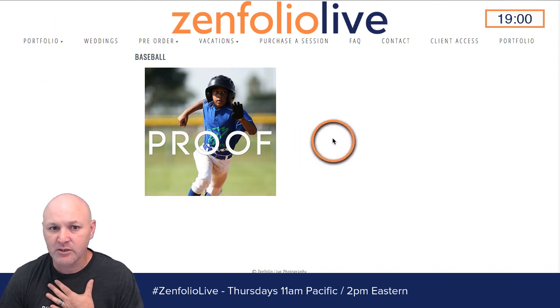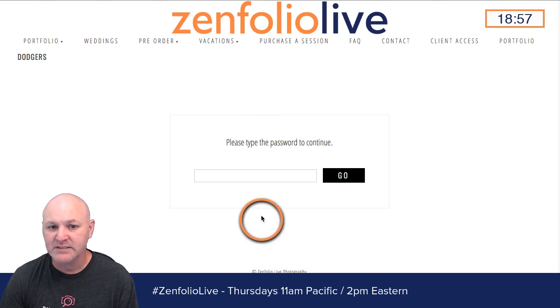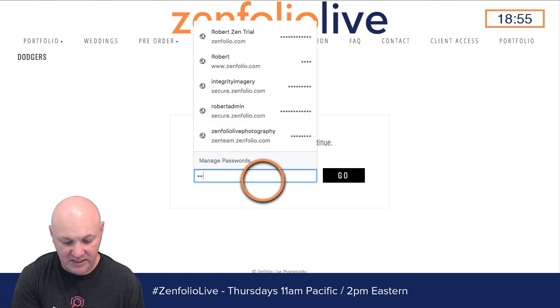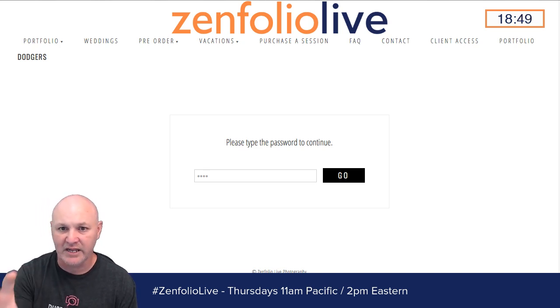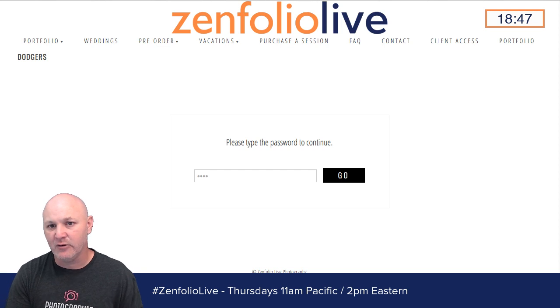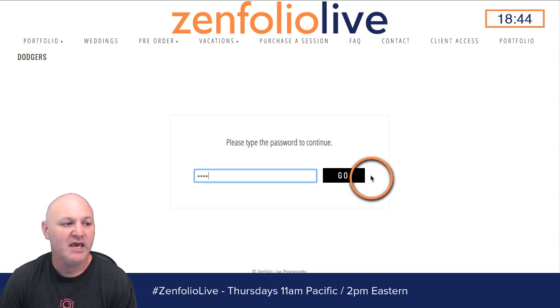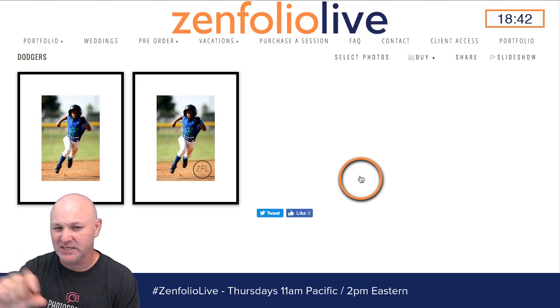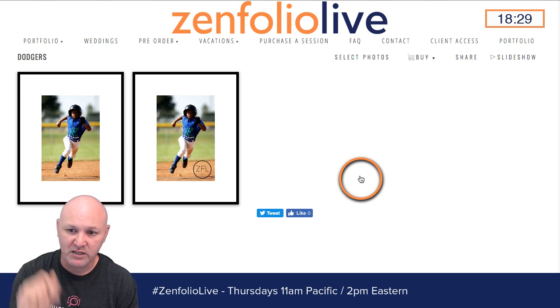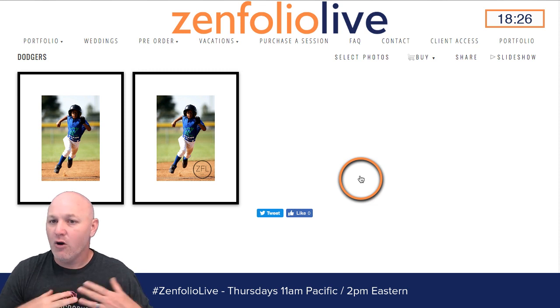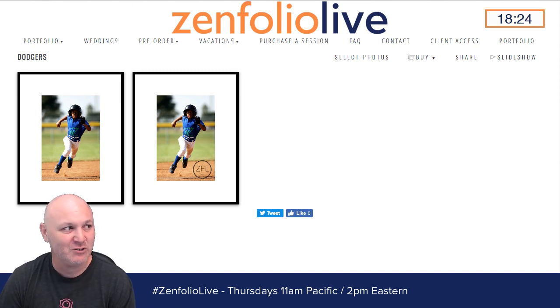Now, if I'm a visitor and I click on this, I still have to enter that password, but I can at least see the thumbnail image instead of seeing a bunch of stars. And so if you're linking to a client's group where you have lots of different client galleries, some of them are password protected, some of them are not, and you don't really want people showing up and seeing galleries with stars, you can uncheck that option to not apply the password protection to the cover thumbnail, and then the cover thumbnails will show, but the password would still be required if somebody were to click on it and try to get into that gallery. Hopefully that answers your question and kind of gives you an idea of what you need to do.